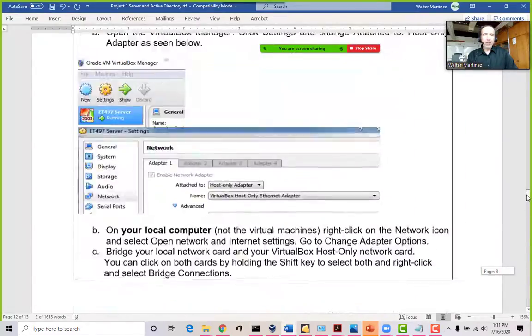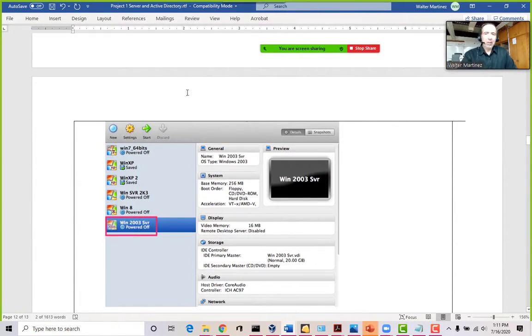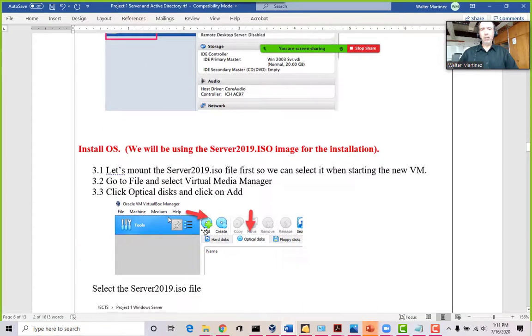So the product that we're using here, the VirtualBox, you can install a whole bunch of operating systems in here and run them all at once. Of course, it uses up your computer memory and hard drive space. Okay, so I give you a lot of tips along the way on how to minimize that and how to get rid of all these things once you finish the lab, so that your computer is not using up all these resources. Every time you install a new operating system, it's going to use some of the RAM in your computer. Your computer will get slow. Okay, but again, I give you a lot of tips on how to manage these things, because I've done quite a bit of this stuff here.